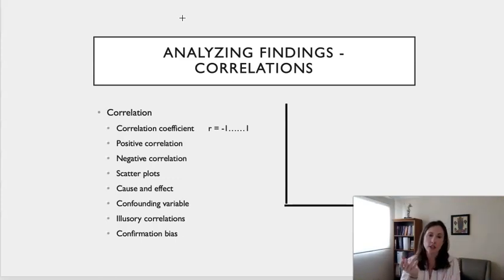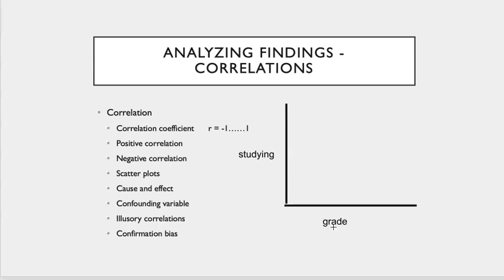The more you study, the higher your grades are. It's a true correlation. That one, it is cause and effect, but if all you've done is a correlation, you can't say that. You can just say there's a relationship. So what you do is you have, on one side, you're going to put the variable. So we'll do studying here. And then on the other one, you put grade on test. And then you go around and ask people, how much did you study? I studied a lot. What was your grade? It was pretty good. And you just go and you talk to people, and it's gonna